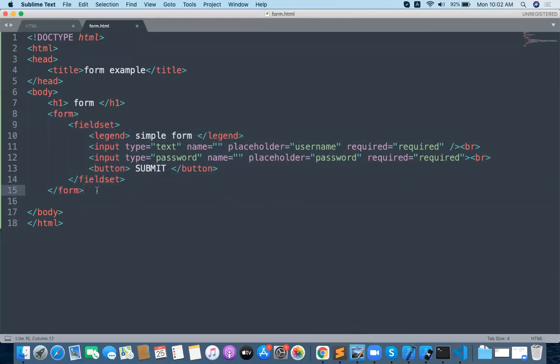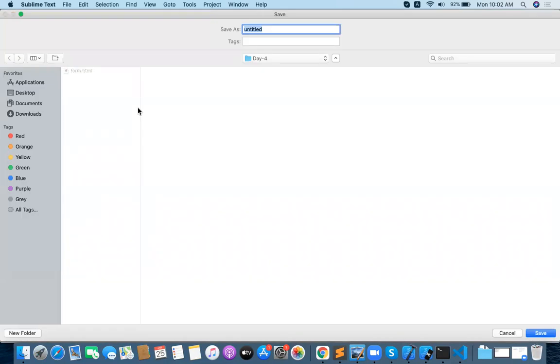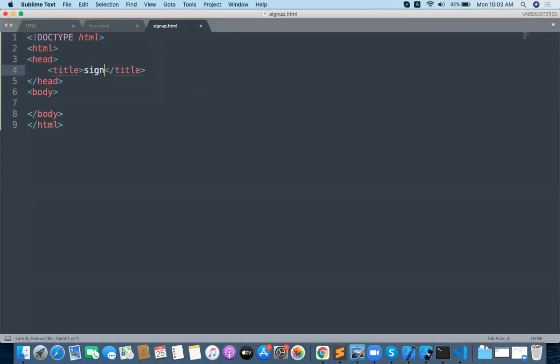And let's do a simple example which is going to have something like a sign up requirement. This is a sign up form. Sign up has so many things, right? So many fields, right? Let me try to provide a lot of fields for the sign up now, and try to provide a lot of components for the form. Form should be there. Inside the form, input type text, and this will have the name called first name.